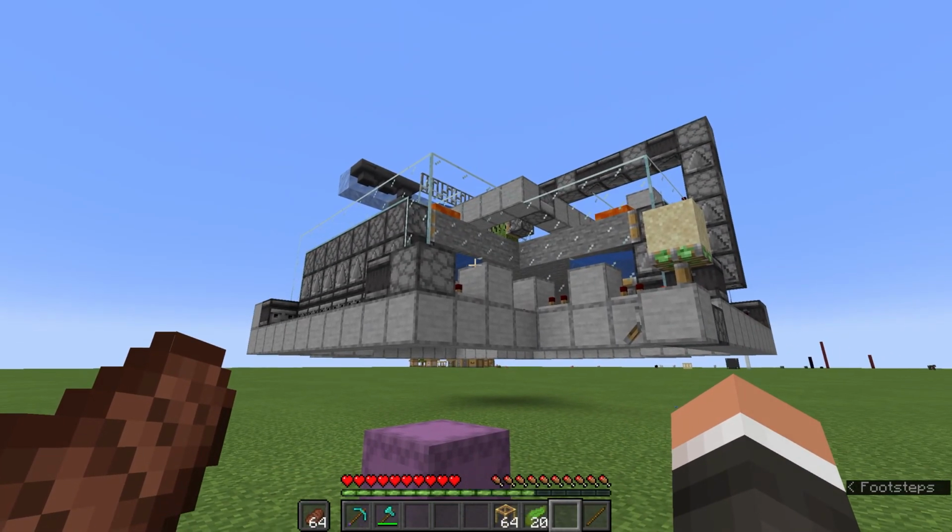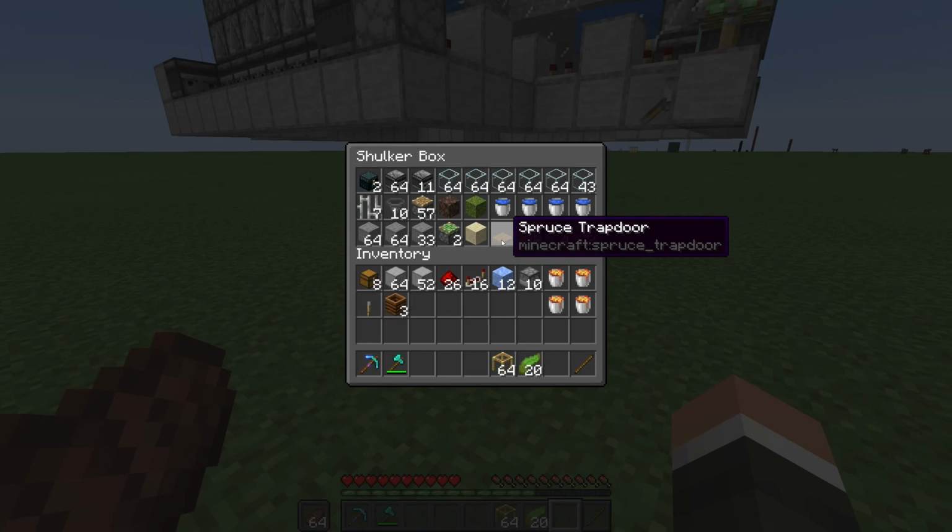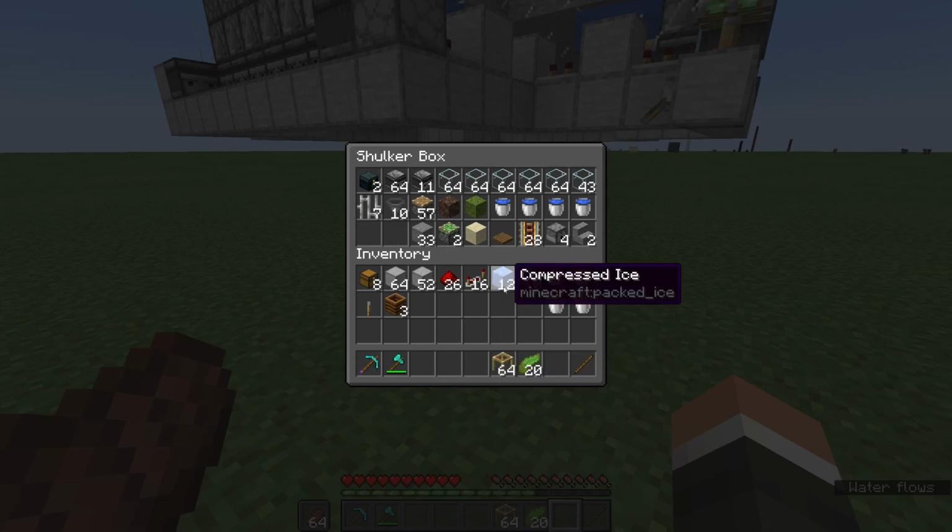So what you need to build this farm is quite a lot, but you should be pretty late game to make a farm like this. What you need is shown on the screen right here. Keep in mind that the amount of compressed ice and chests you need really varies on what you want your sorting system to be, and also stone will be generated, so you only need a few bits of stone to...